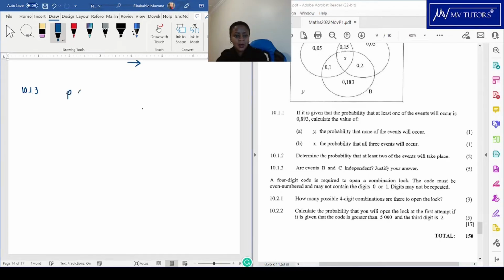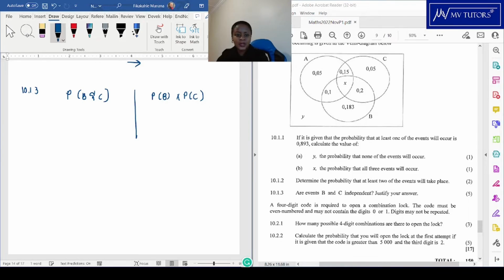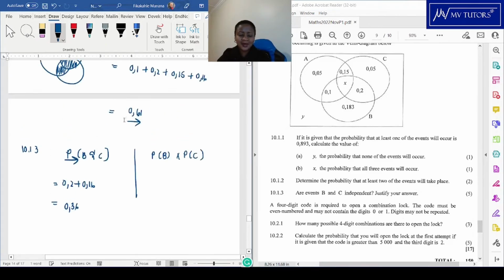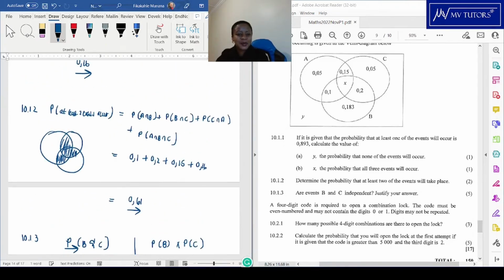So I'm going to check whether the probability of B and C is equal to the probability of B multiplied by the probability of C. So the probability of B and C will be 0.2 plus x, which is 0.16, and that would be 0.36. Yeah, I think my error, thinking about it now, is that I shouldn't have been putting this A and B, B and C, C and A,